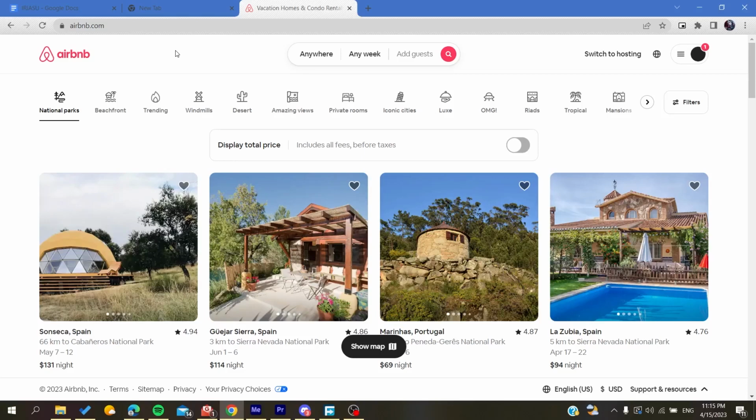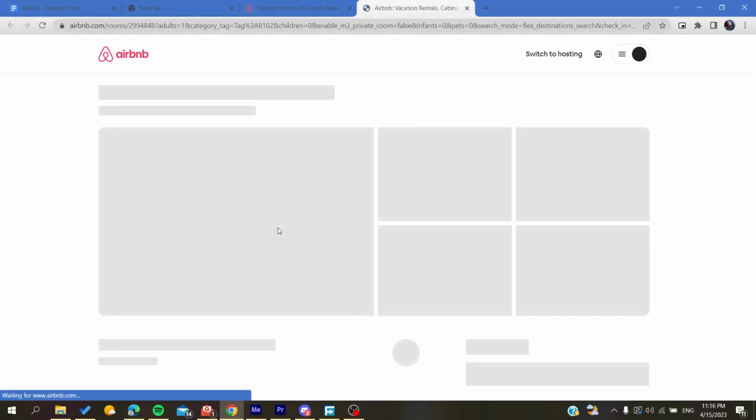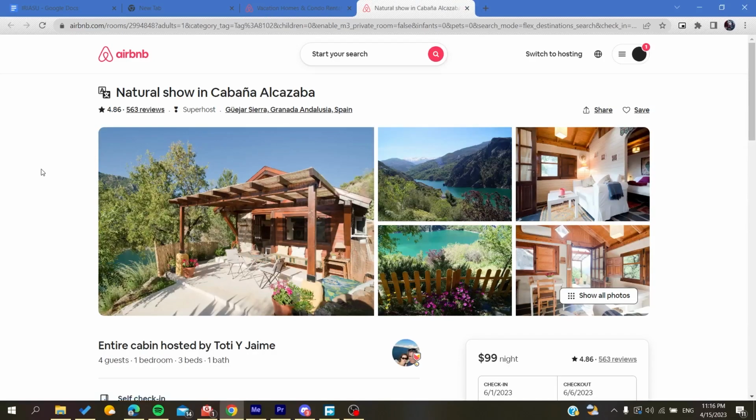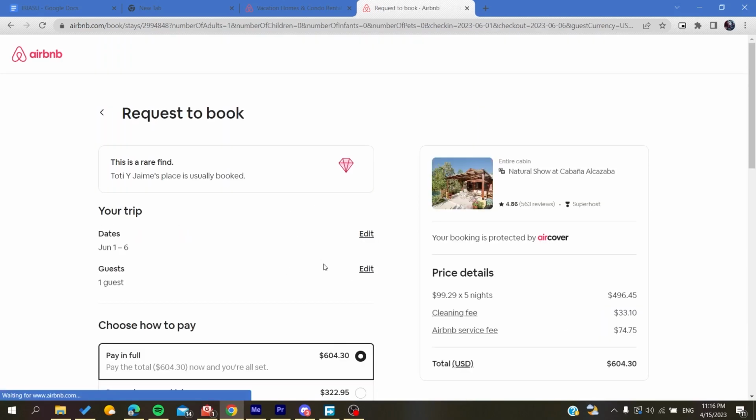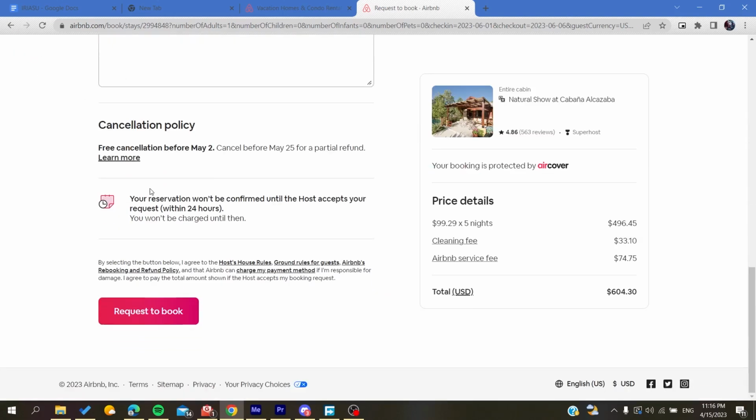So after you log into your Airbnb account, you will need to go to the reservation that you have just created or just requested and make sure that it is still pending and not confirmed. So basically, if you have just clicked on reserve and you added everything, and then you see that your reservation is only requested, not confirmed, all you need to do is to cancel it from here, because you will find